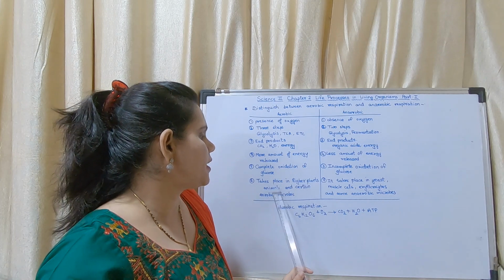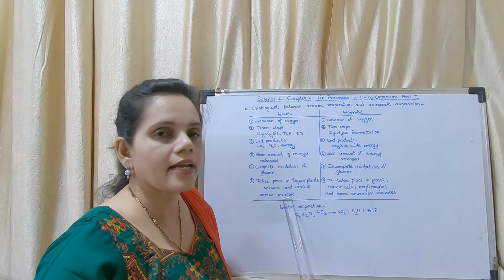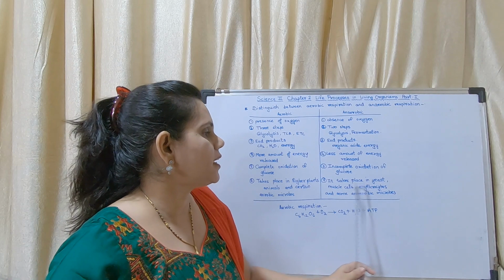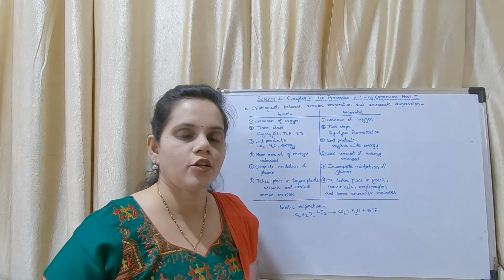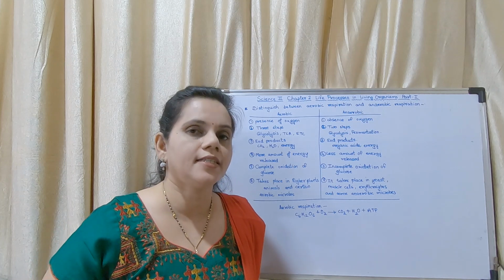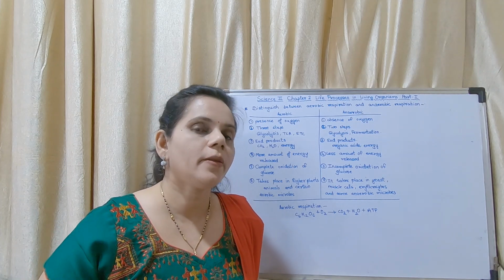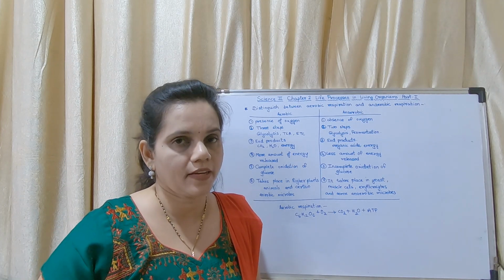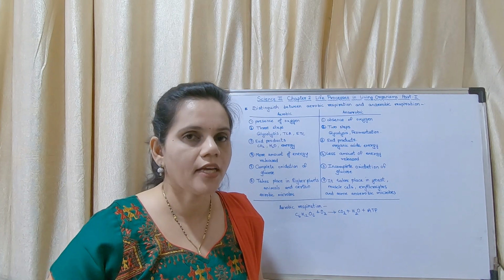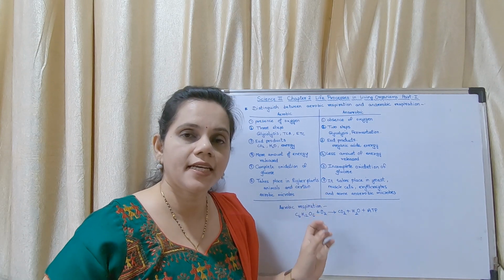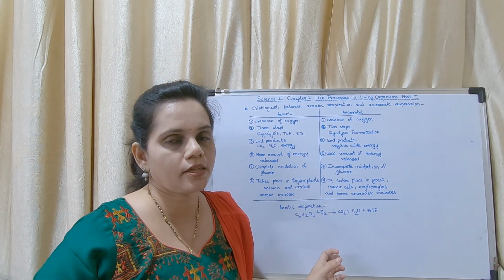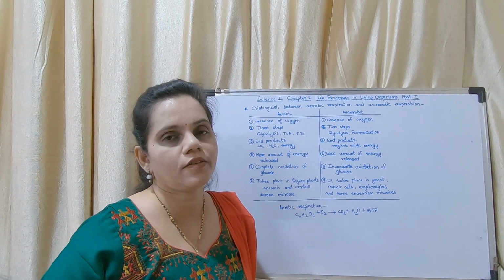This takes place in higher plants, animals, and certain aerobic microbes, and it takes place in yeast, muscle cells, erythrocytes, and some anaerobic microbes. This question, that is, distinguish between aerobic and anaerobic respiration, is a very important question. Okay, now we may move on to the next topic. Before that, you may copy this. This is there in the notes. I will give you the question as a homework, but you may copy the answer from the notes.